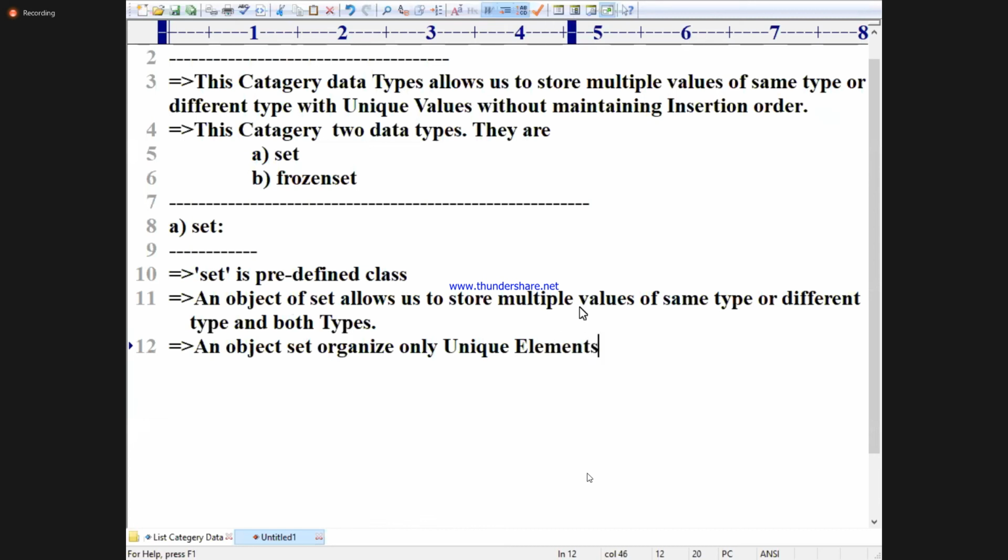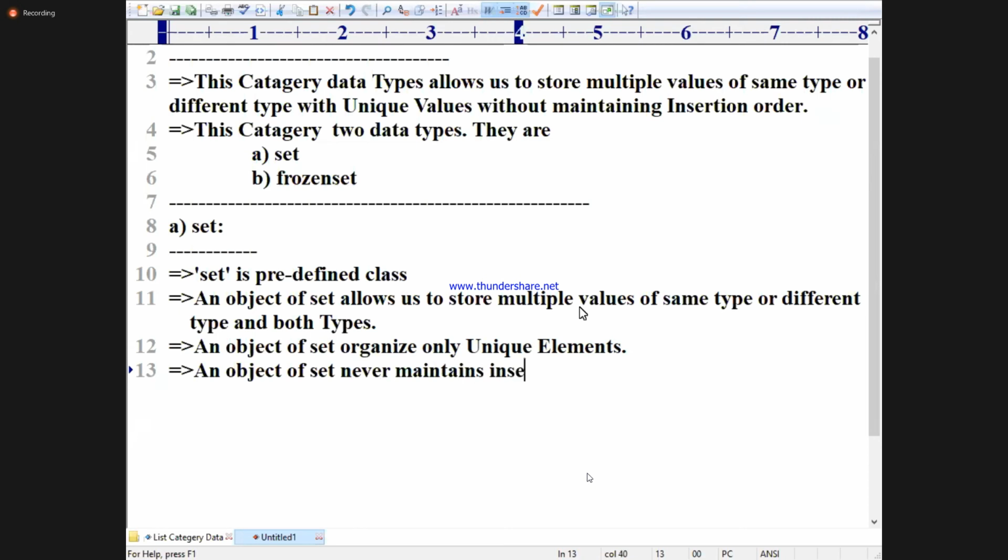Next, an object of set never maintains which order? Insertion order.